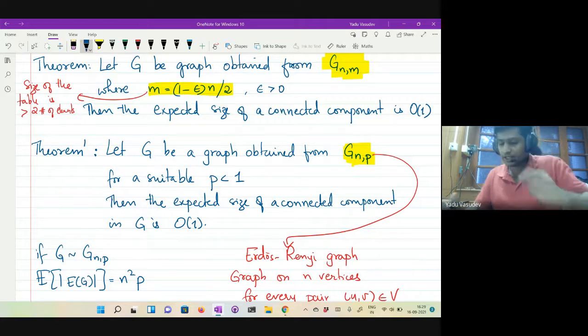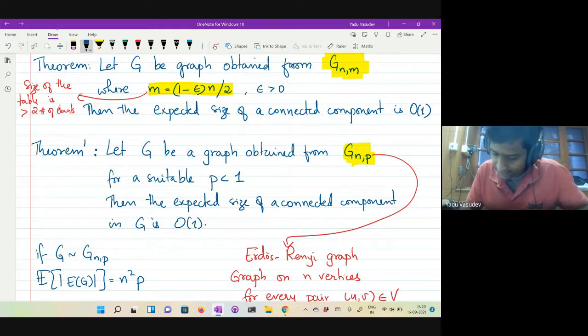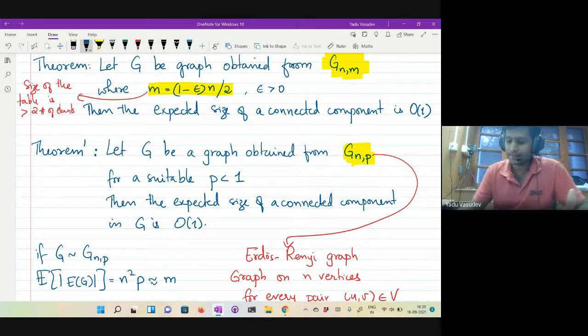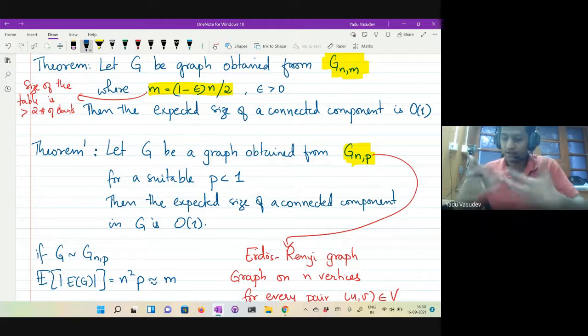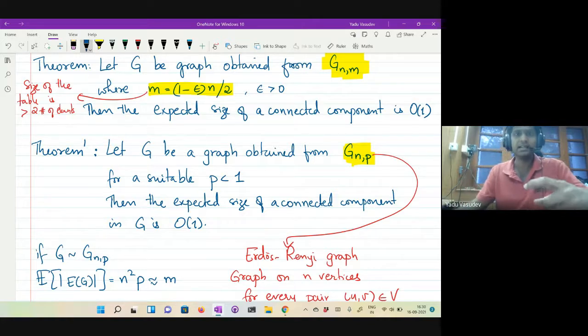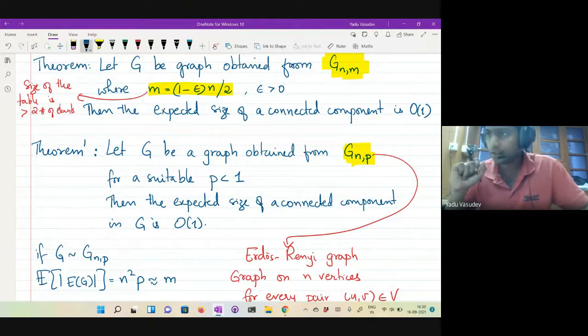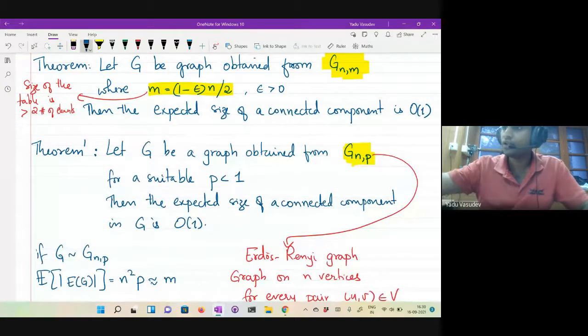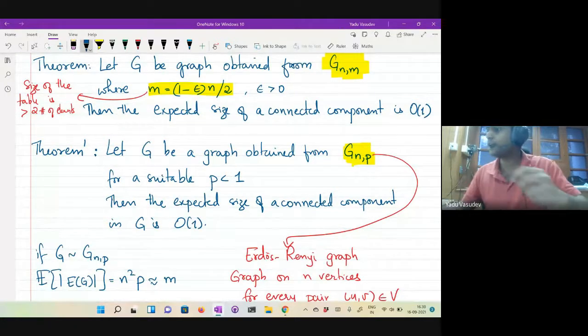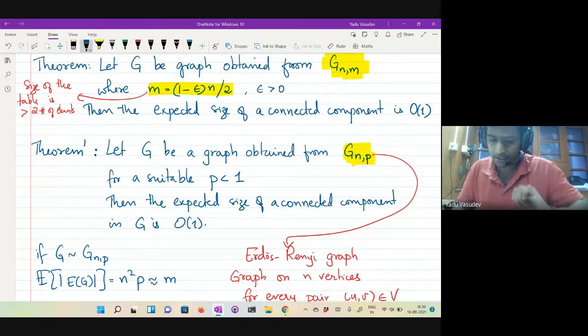You want to make sure that this expectation matches the number of edges, so that with high probability it is concentrated around that expectation. So you choose p in such a way that the expected number of edges in this graph generated by G(n,p) is like G(n,m). Okay, and so this approximation is good enough. Just like in the case of Poisson approximation, we can make a similar statement about these graphs as well.